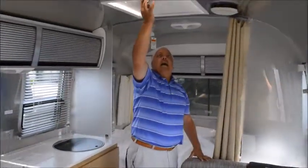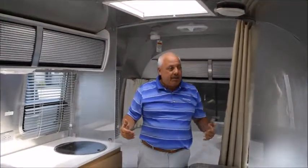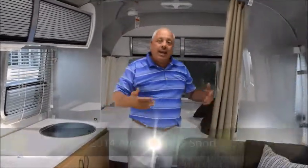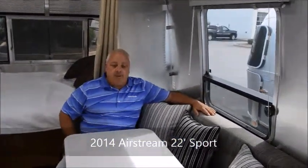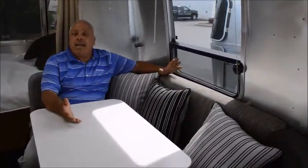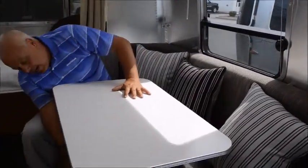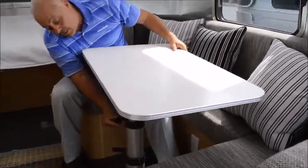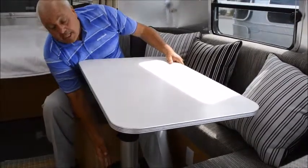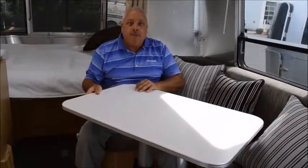You know, once again, what's great about the 22, first of all, is all the light that dumps into the space, both from the galley area, from the dinette area, from the front master. But this is really where it becomes kind of fun, because this is your dinette. This is where you're going to spend your time. The mechanism is on a gas cylinder, which allows you to lock that into place and also drop it into its sleeping position. But then what's also cool is that you can take this and you can move it,